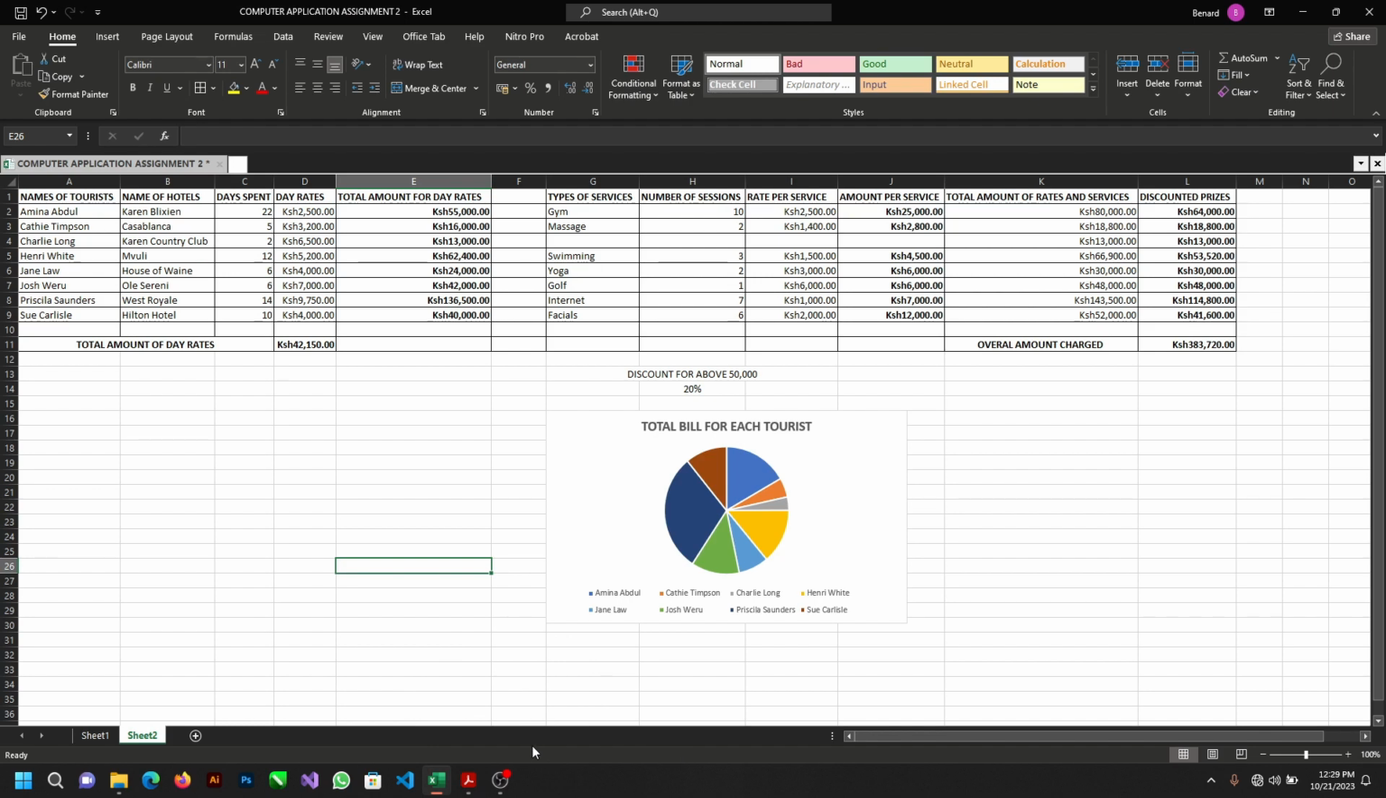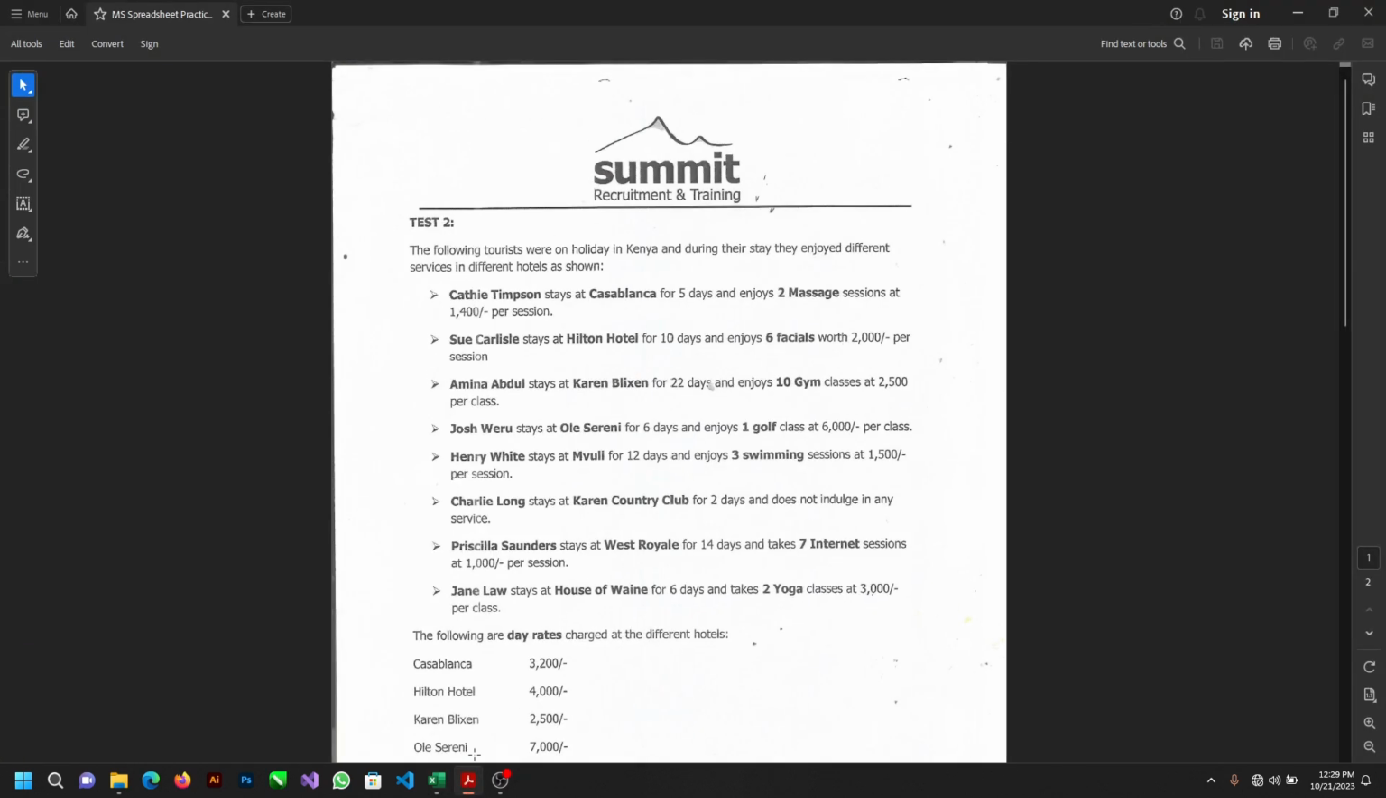So first we are going to open a PDF of that work, and it says that the following tourists were on holiday in Kenya, and during their stay they enjoyed different services in different hotels as shown. Kathy Timpson stays at Casablanca for 5 days and enjoyed 2 massage sessions at 1400 per session. Sue Callis